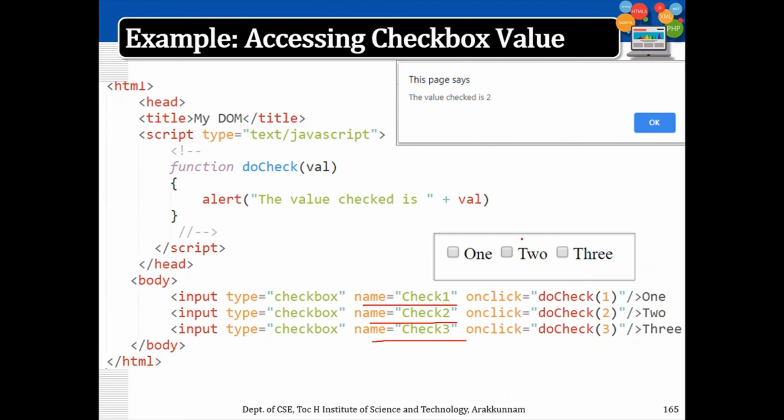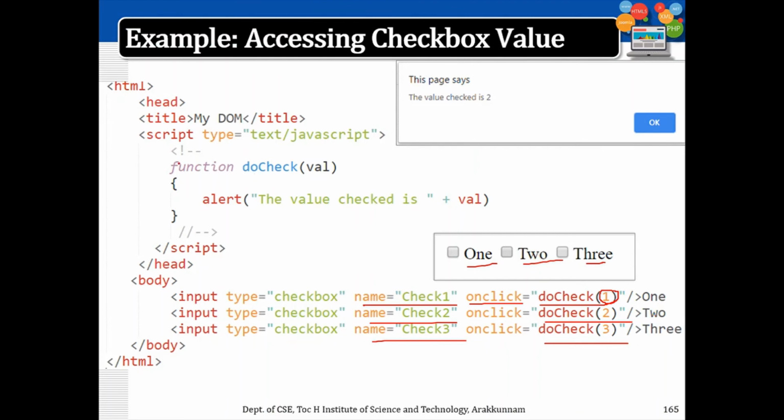And whatever values there, I can either give the value over here, or here I am using a shortcut method. On click, I am just calling a function and passing some value. So here I have 1, 2, 3 values. I'm just giving value 1, 2, 3, or you can give it as a hint for any other kind of operations. So doCheck of 2 will be done on the second choice click, and doCheck of 3 will be done on the third choice tick.